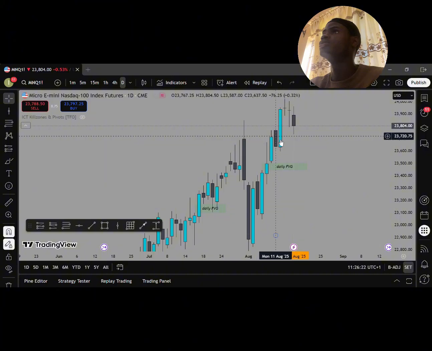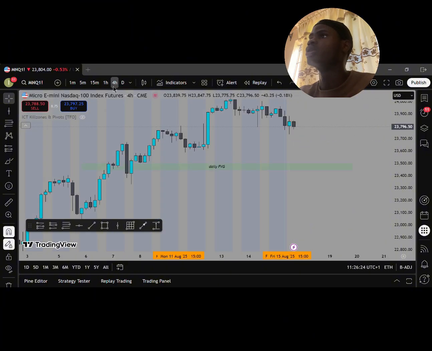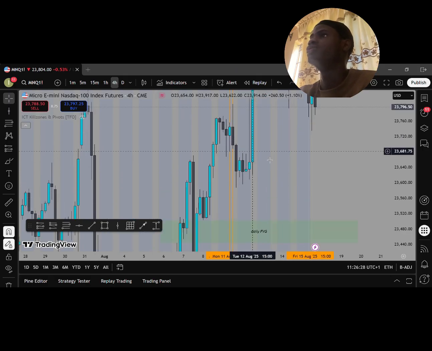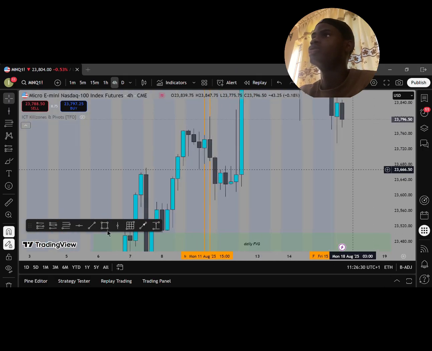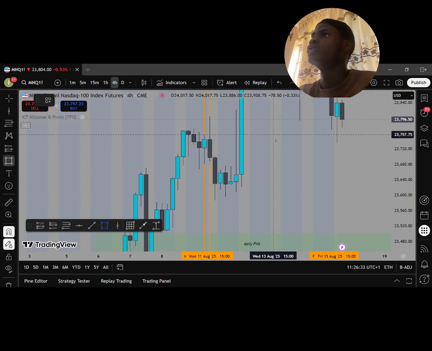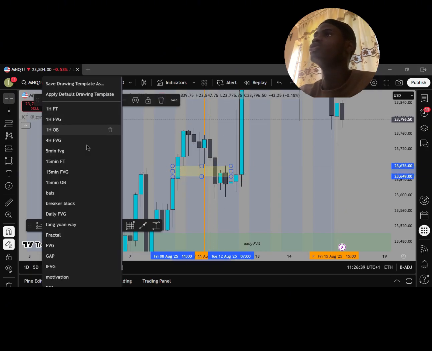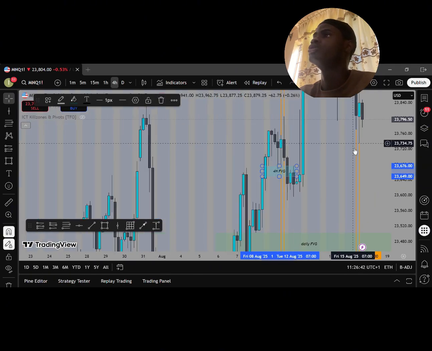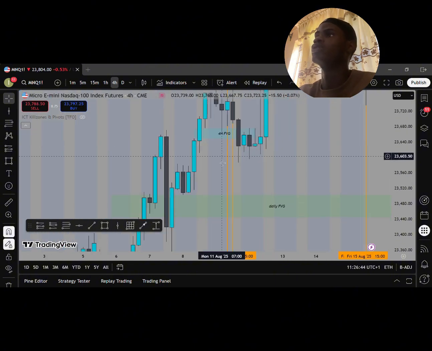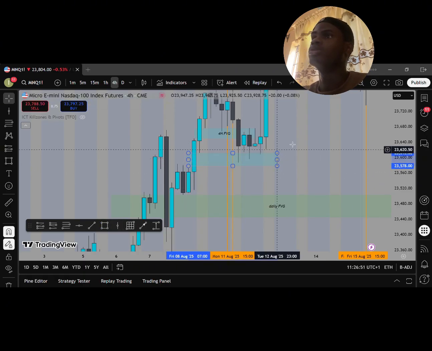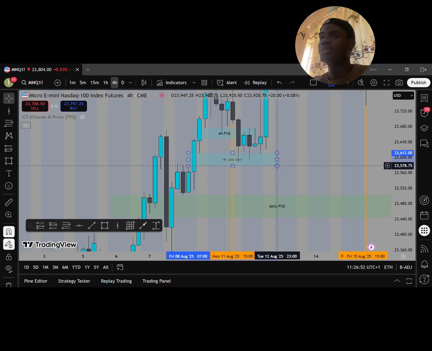Then from there, I go into the 4-hour time frame to look at price action. Since I'm just day trading for a few days, I don't want to really trade for too long. So we can see these 4-hour gaps down here. I tend to always pay attention more to 4-hour gaps and daily gaps, because they're not common in the market.